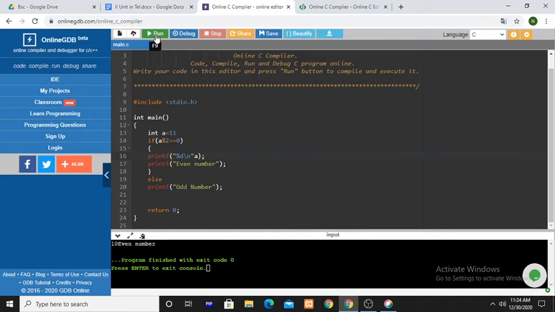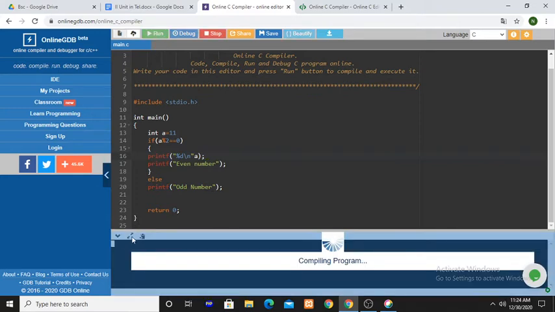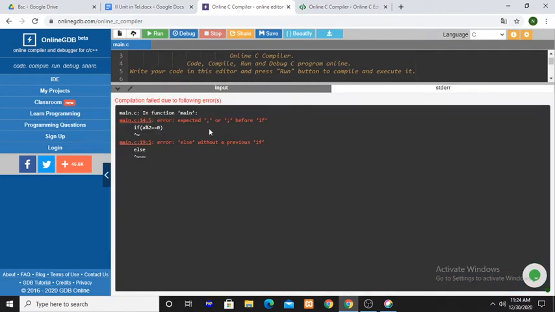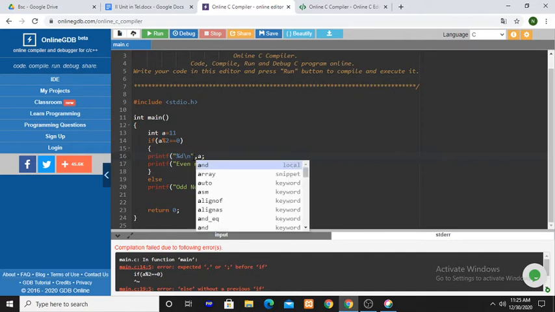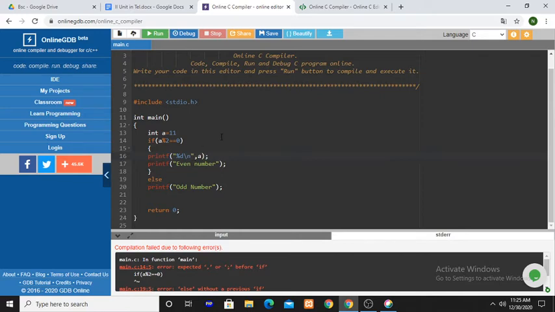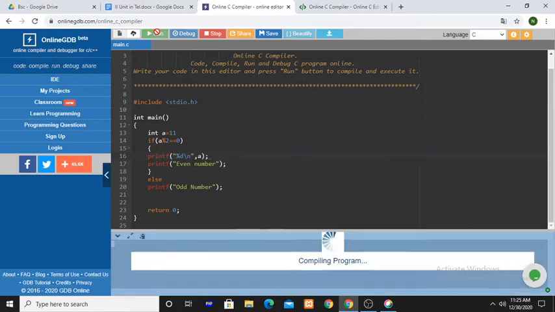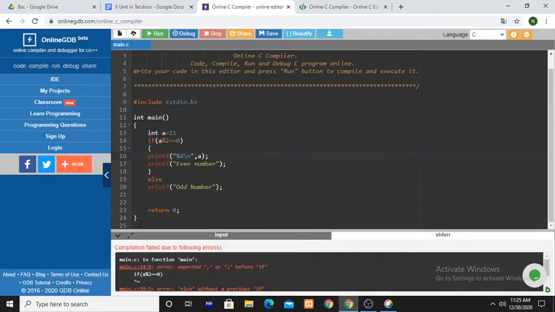So you can verify this. There is an error. What error is it? The comma is missed. Here also the semicolon is missed.